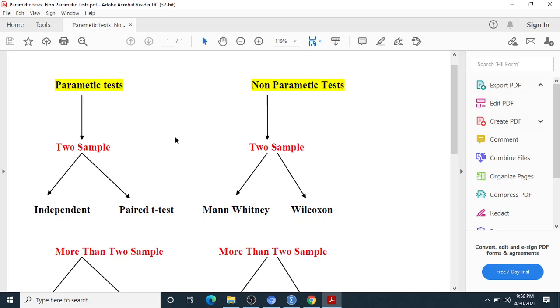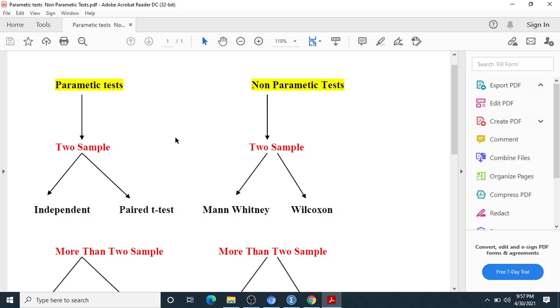Practically, we take one problem, and in SPSS we try to get the answer, and on the basis of the answer we also try to get the result and see how to interpret it, that is, how to write down this result and how to analyze it.